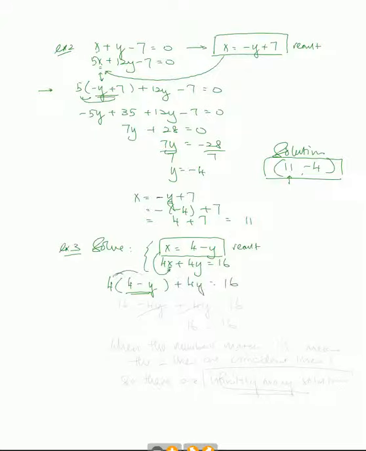Now, same thing, I'm going to distribute. It's going to read 16 minus 4y plus 4y equals 16. The strange thing about this is you notice the variables cancel. Okay, and in its place, I end up with 16 equals 16. So what I was telling you in class is when the numbers match,